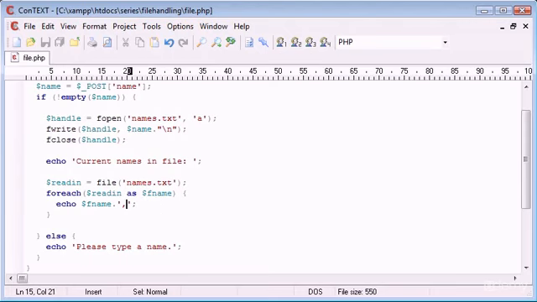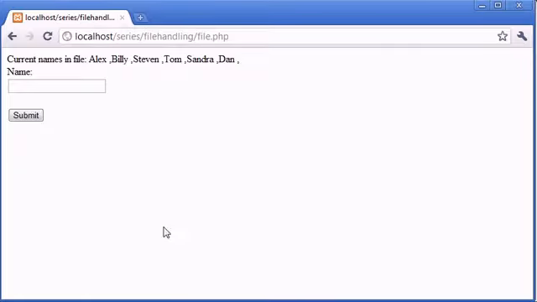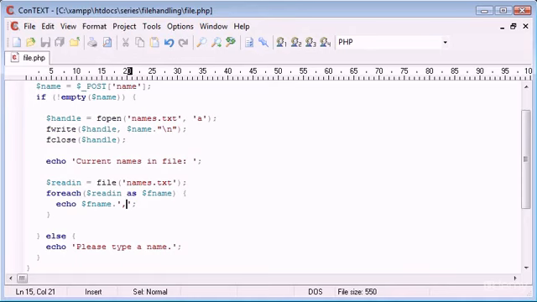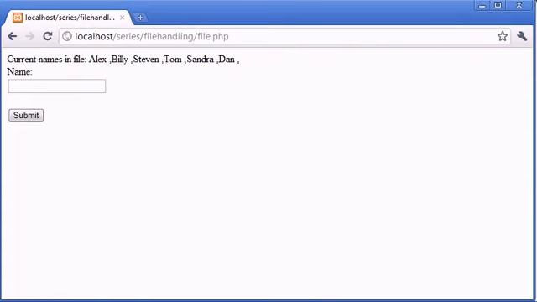We need to first of all see what's going on here. Now Alex has a space after it, as does Billy, as does every other name in the list, and we can use a function called trim to trim this down. This removes white space from the start and the end of our name, as well as any other special characters. So just by adding this function around the name as we echo it, we can see that it's actually